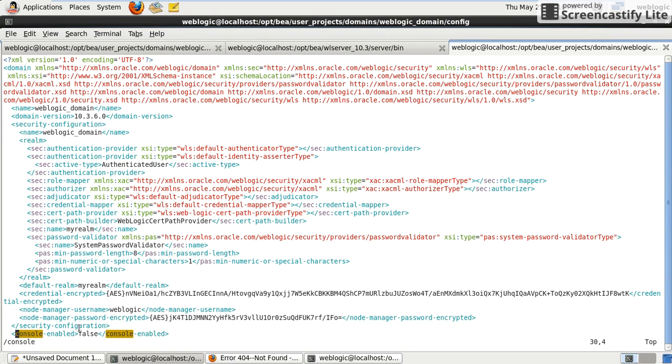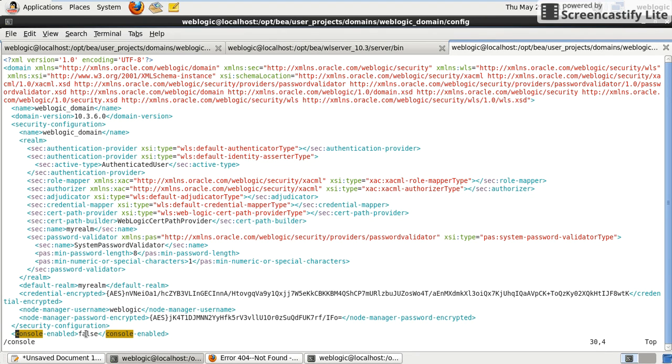See here, console enabled false. If you open this file before disabling the console, you don't see this feature here. By default this option won't be available in config.xml until you disable the console for the first time, through the console or WLST.